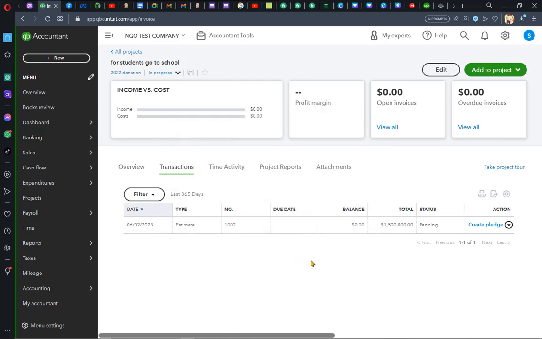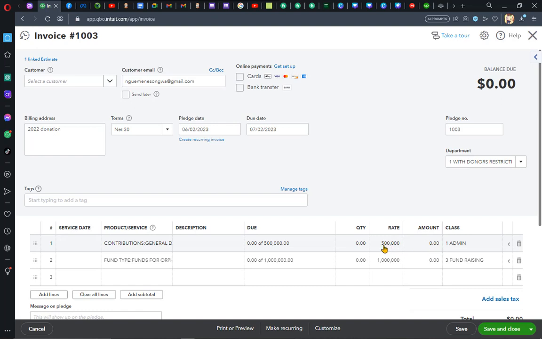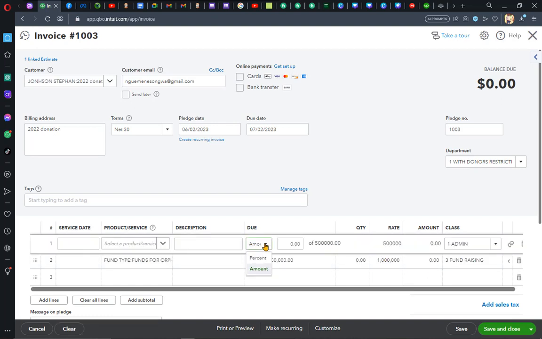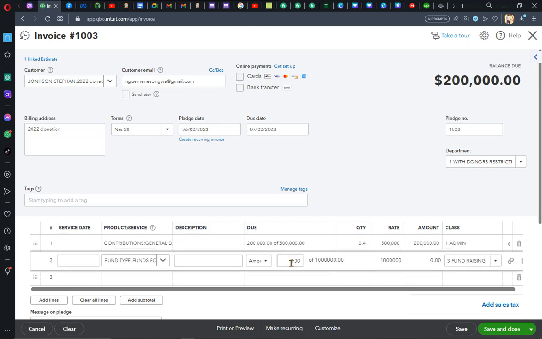It means we are going to decide on each line how much we want to invoice the customer. So here we can make it in form of amount or in terms of percentage. So here this line is $500,000. We're going to put, for example, $200,000, and here we put for example $400,000,